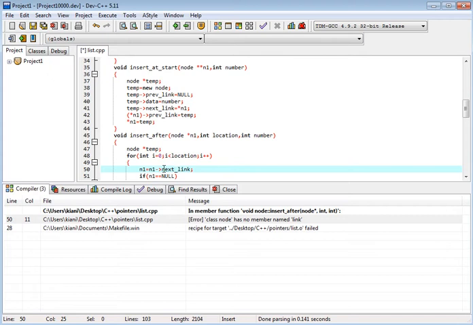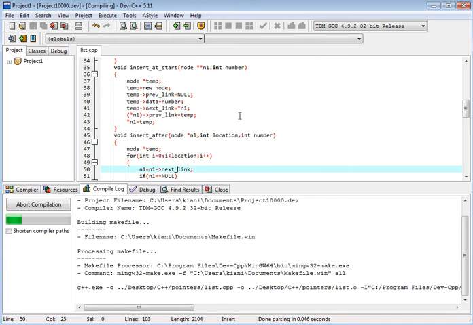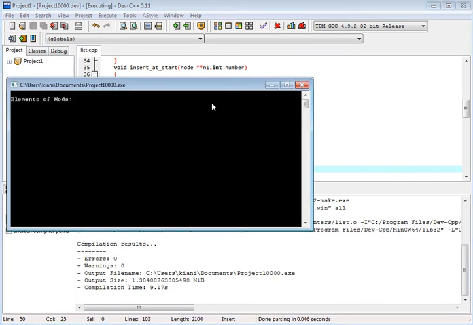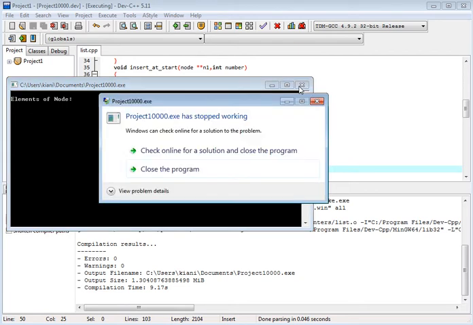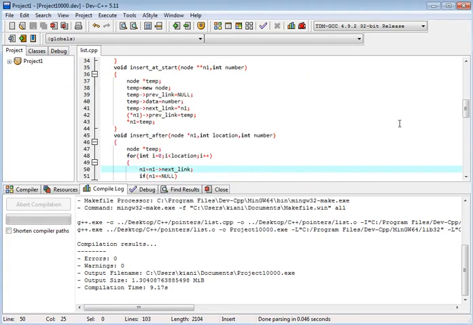N1, in the insert after, this is n1 previous or next. Insert after next link. Okay, location should be the next link, and if n1 is null then display less elements. Okay, so now let's see.